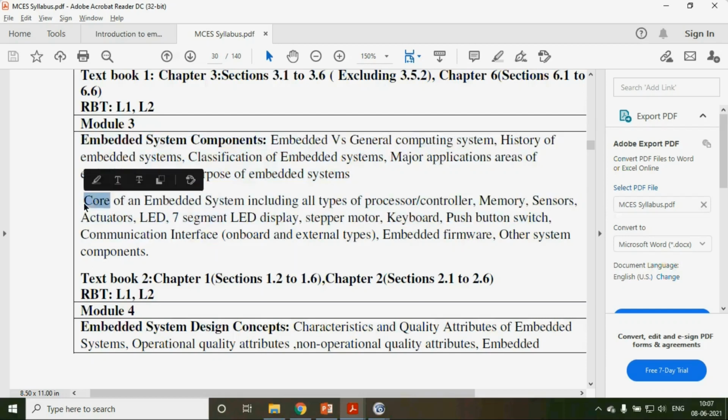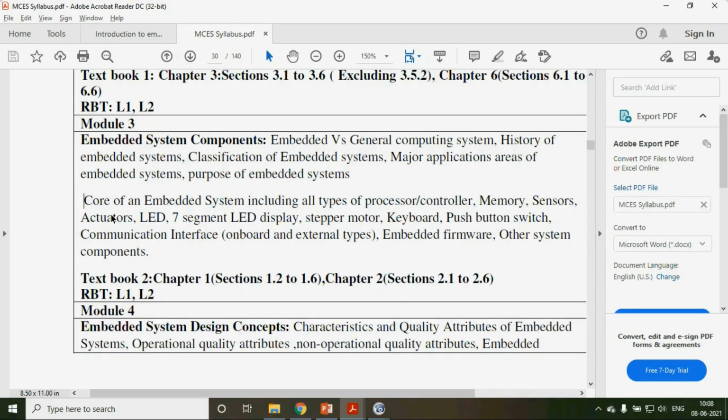Today I will start the first topic of the second chapter, which is the core of the embedded system. How have they designed this? What is the core of the embedded system? Basically, in this syllabus they have missed one topic that is very important. I will go through that topic first: how exactly an embedded system looks in terms of hardware and software from an engineering student's perspective.